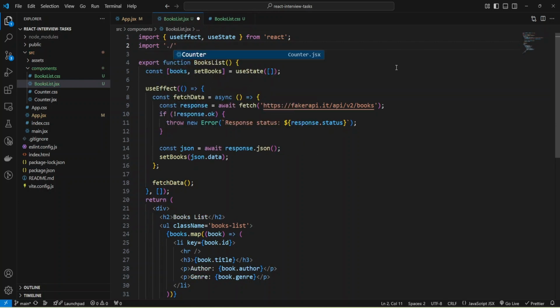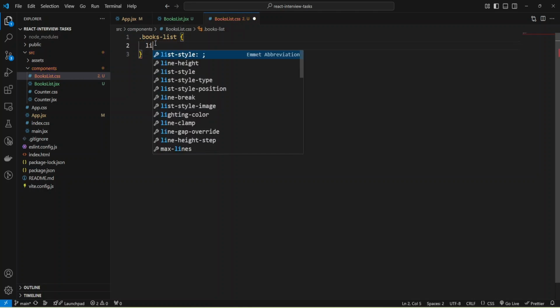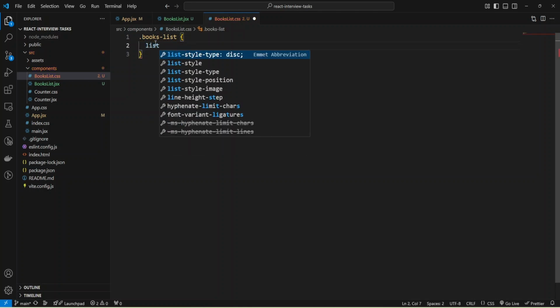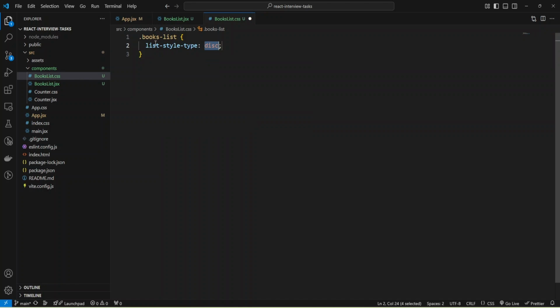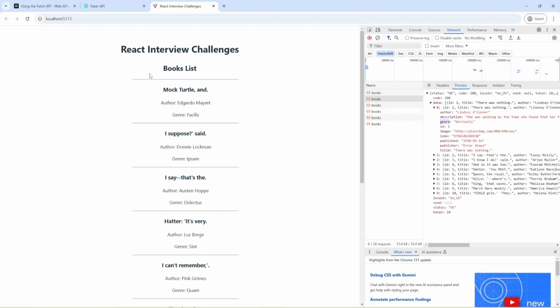Import books list CSS, and I'll just add one style inside it, and I'll provide list-style-type, and provide none. Okay, and let's check again. And as you can see, we don't have these dots anymore.